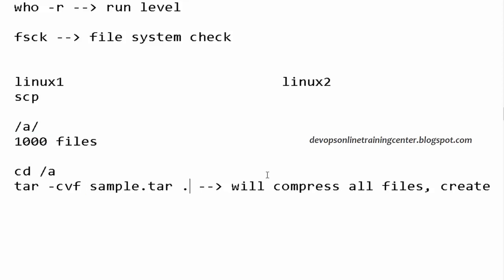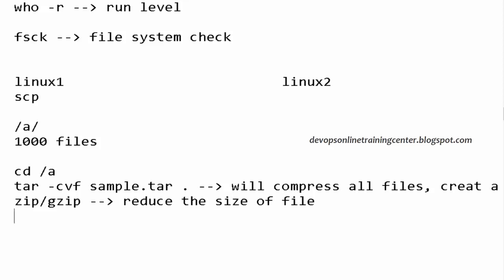Now this file is there, but again this is huge in size. I want to again compress it, in the sense I want to reduce the size of the file so that we can transfer it easily. So there is a command called gzip. This is to reduce the size of the file, compress more, right?